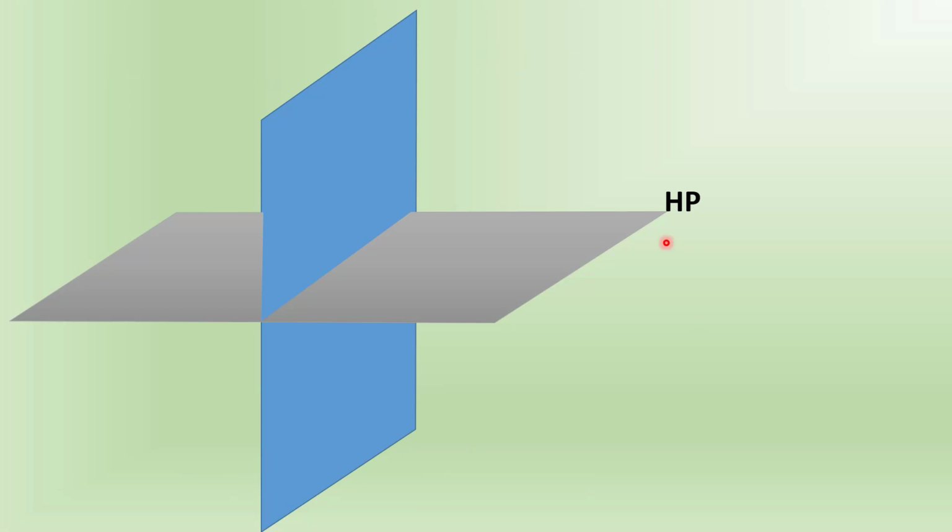So now we have a horizontal plane as well as a vertical plane. These two planes divide the space into four quadrants. The next step is to place the object anywhere in these quadrants. You can place the object in the first quadrant, or in the second quadrant, or in the third quadrant or the fourth quadrant. Also, if you want, you can place the point on the planes also, that is on the vertical plane or on the horizontal plane.